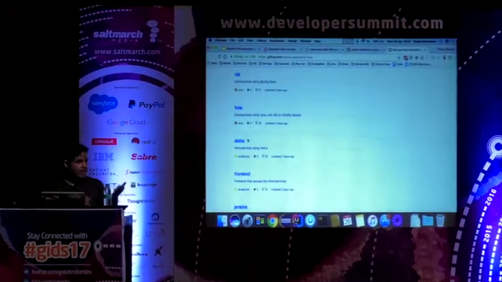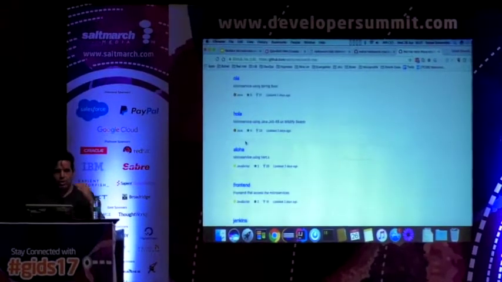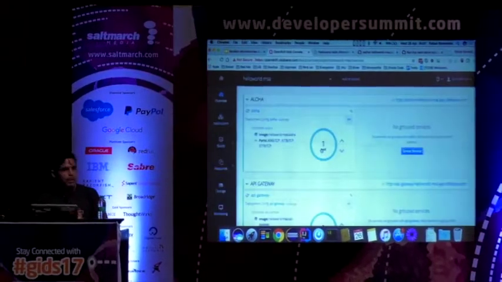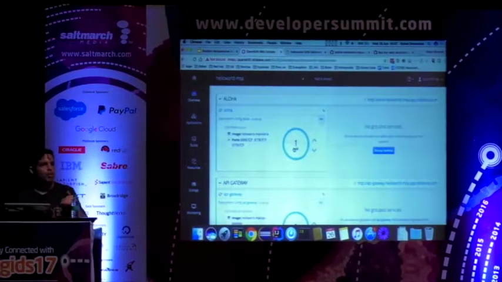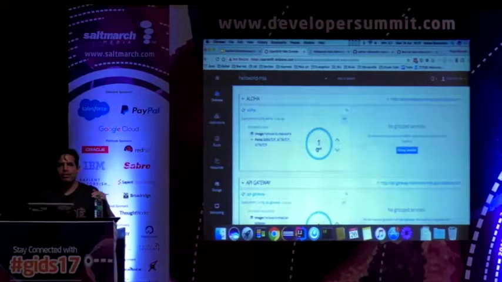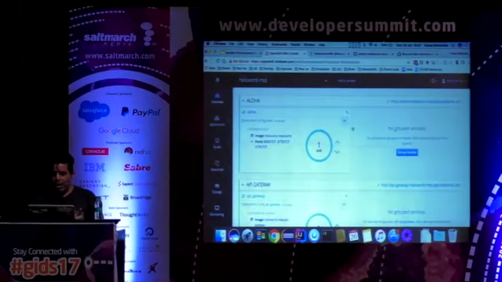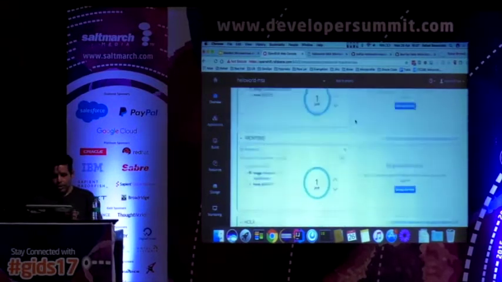I have Vertex, for those who were in Burst's session or Thomas's session today. All those microservices have been deployed inside OpenShift that runs on top of Kubernetes. Who has ever heard about Kubernetes? Nice. So okay, I have here Aloha, I have an API gateway, and I have a front